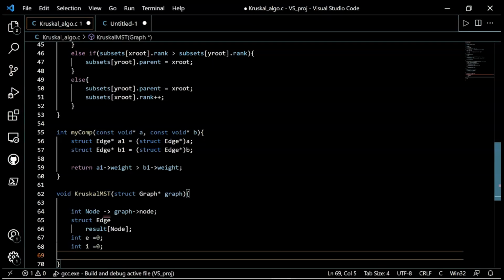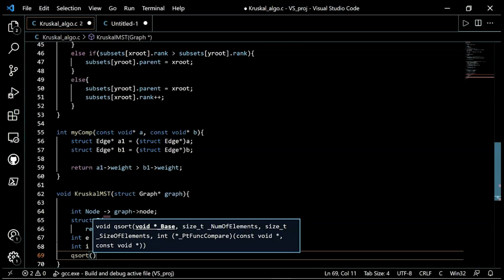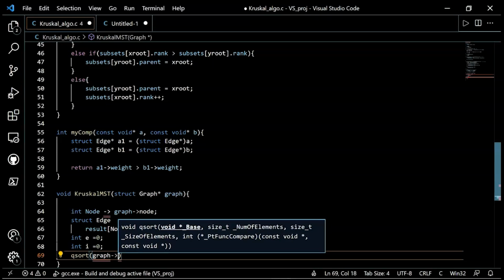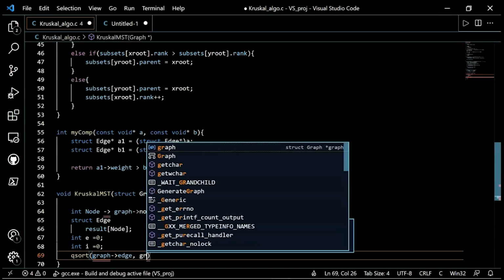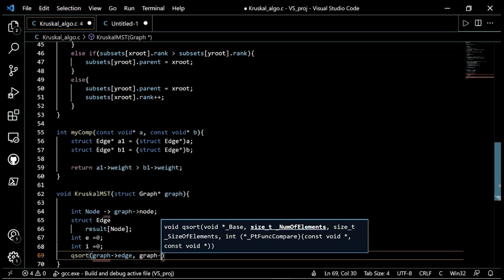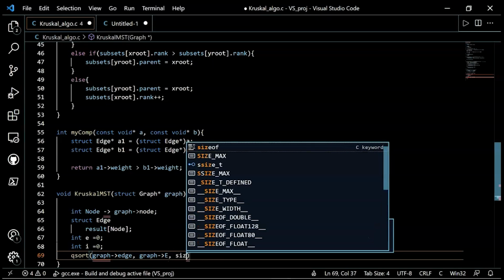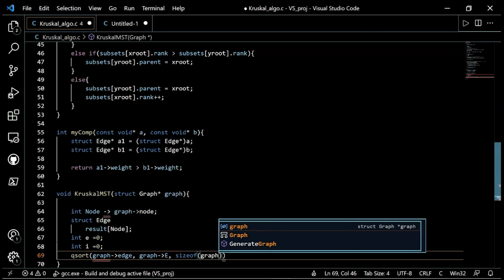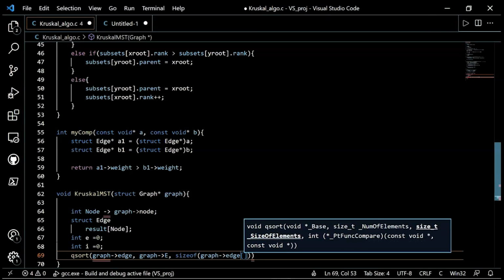So let's create that qsort function here. qsort(graph->edge, graph->E, sizeof(graph->edge[0]),